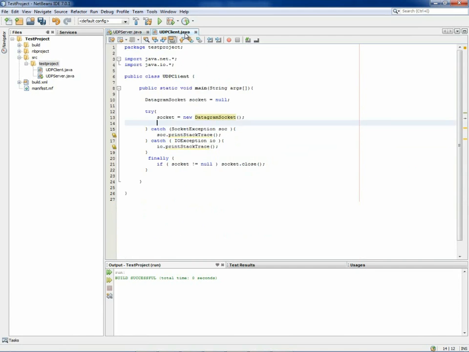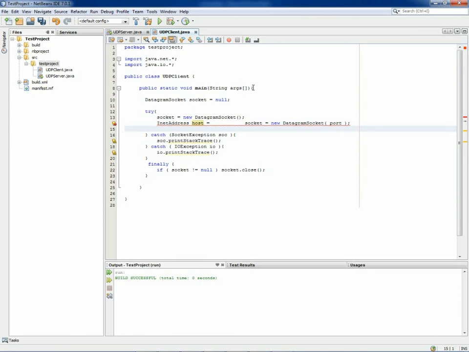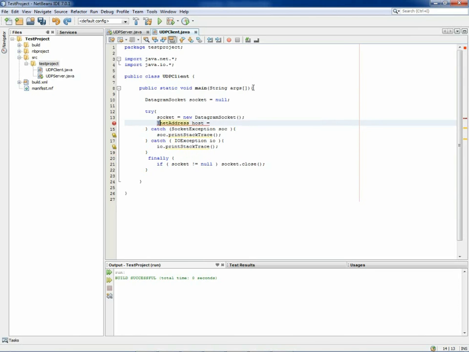So the INET address will give us the host that we are using. I'm going to use an INET address object here,